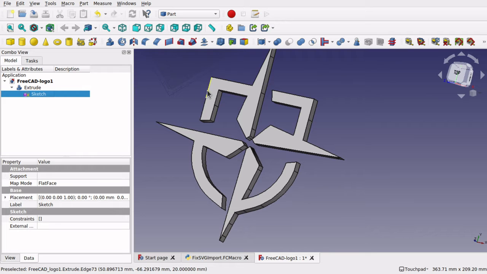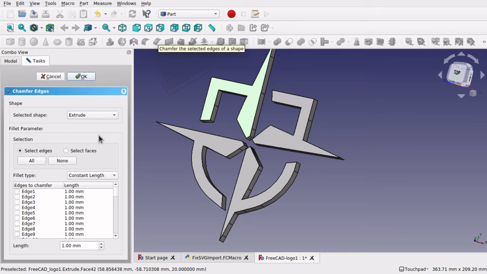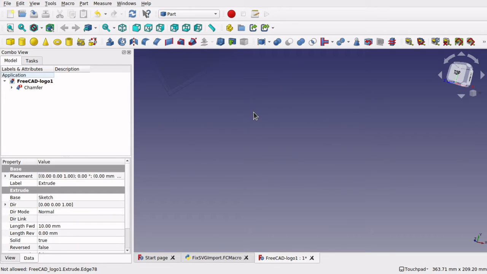Let me show you the issues that this can cause. So I'm going to select this face and put a chamfer on there, and I can select that face there, and that's selected the edges around that face that I want to put a chamfer on. Already you can see this isn't working, there's nothing being updated in the image, and when I hit OK that will disappear, it's gone into error. And that's because